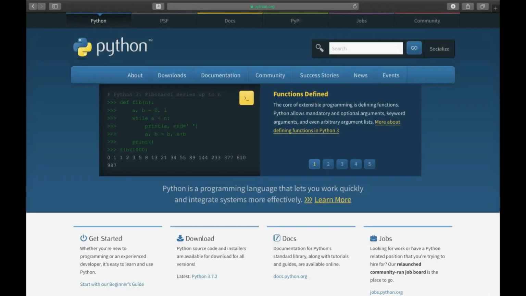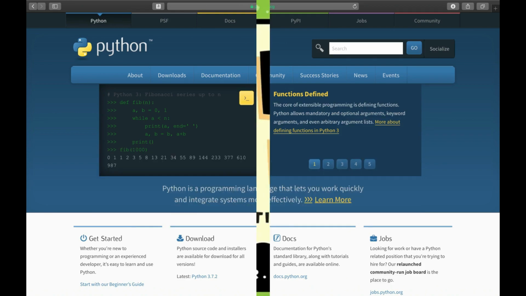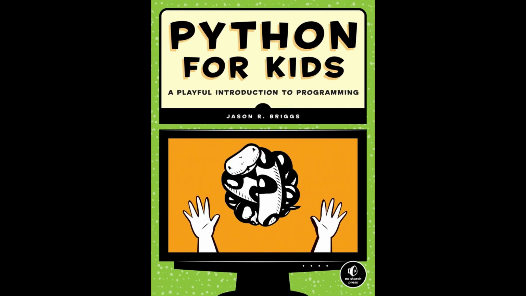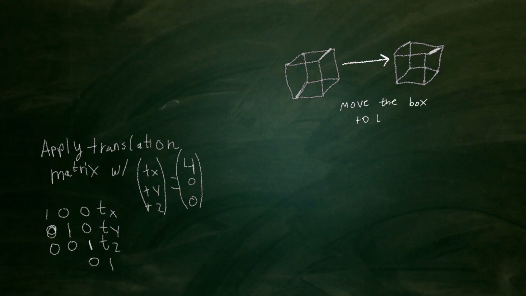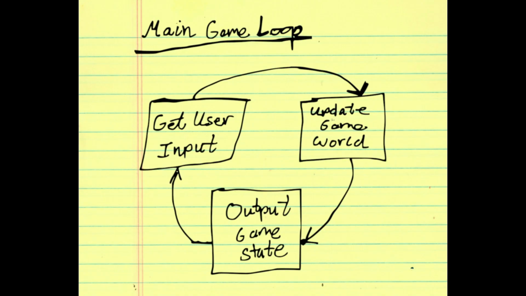Actually going step by step to teach non-programmers everything is beyond the scope of this video. But I know people who now develop professionally who only started programming when my friends and I gifted them a copy of this book. On this show, I'll do my best to keep a balance for the technical and non-technical audiences. So the first thing we need to understand is that at the heart of pretty much every game there